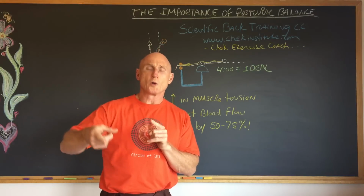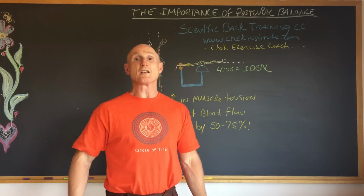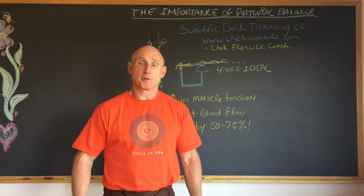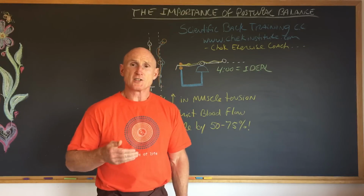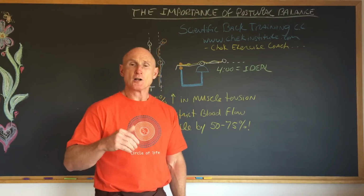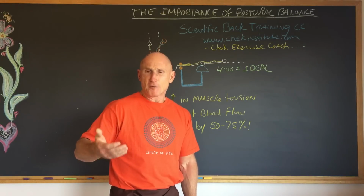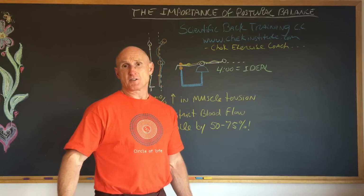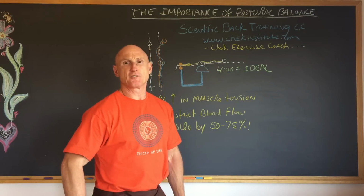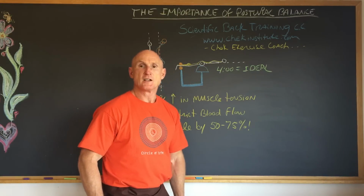Whatever your total work time is, you will rest for 50% of the work time. So if you hold 1 minute, your rest period is 30 seconds. If you hold 2 minutes, your rest period is 1 minute. Work yourself up, starting off with just 1 set, because it can make your muscles quite sore. Build yourself up to at least 3 sets. Practice that every other day, unless you have too much muscle soreness, then go to a day on and 2 days off. Build yourself up till you can hold that with good alignment for 4 minutes,